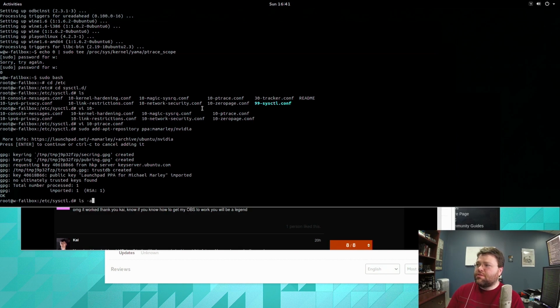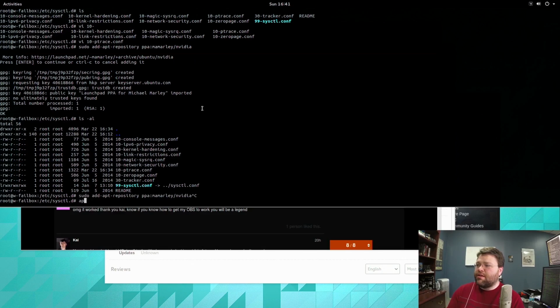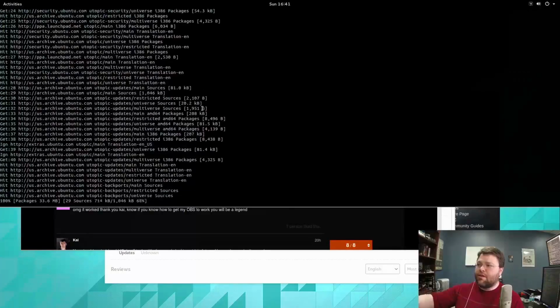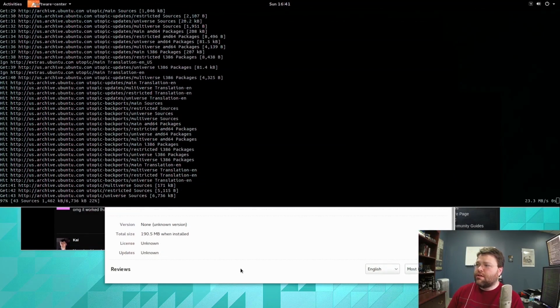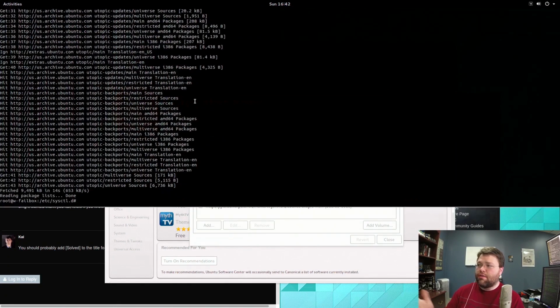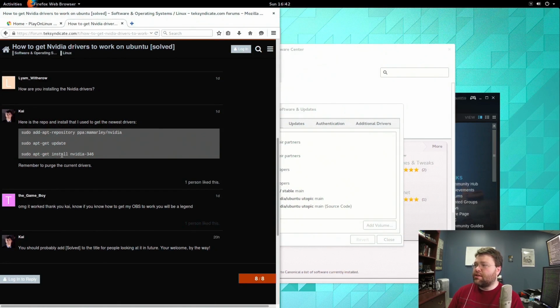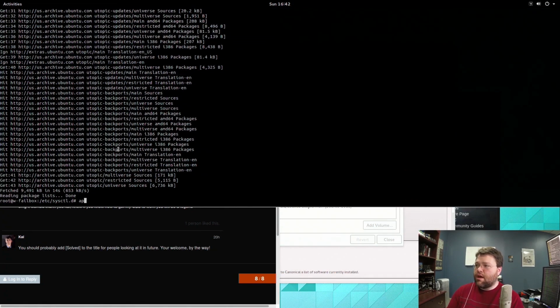So we're in a situation where we've just installed this new PPA, so we want to do apt-get update, because apt-get update will connect to all of the software sources that we have configured in order to see if there are any software updates. All right, so that's done updating, and so we can come back here and do apt-get install nvidia-346 or 348 or whatever. Actually, I'm going to show you a different command. aptitude search nvidia